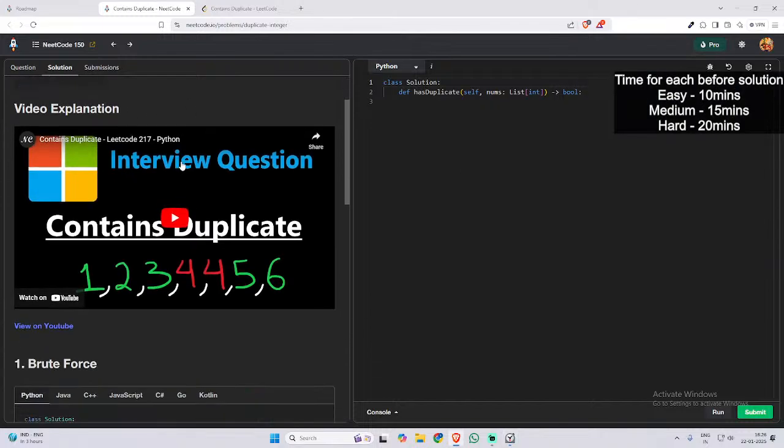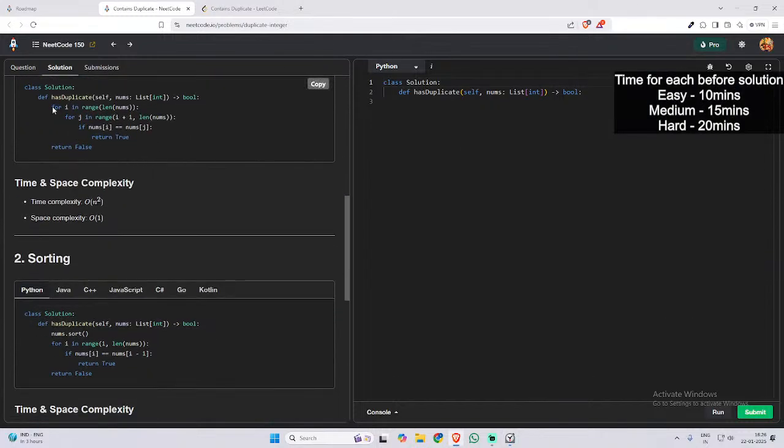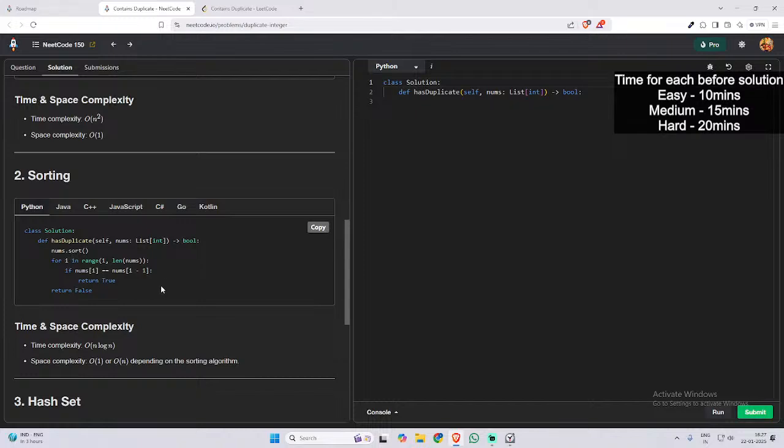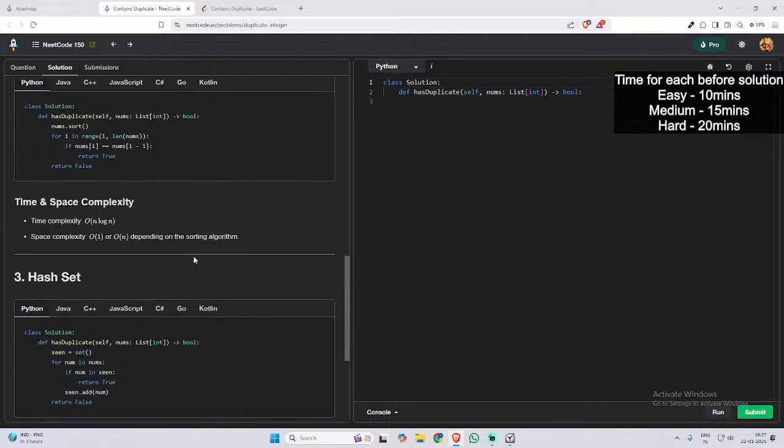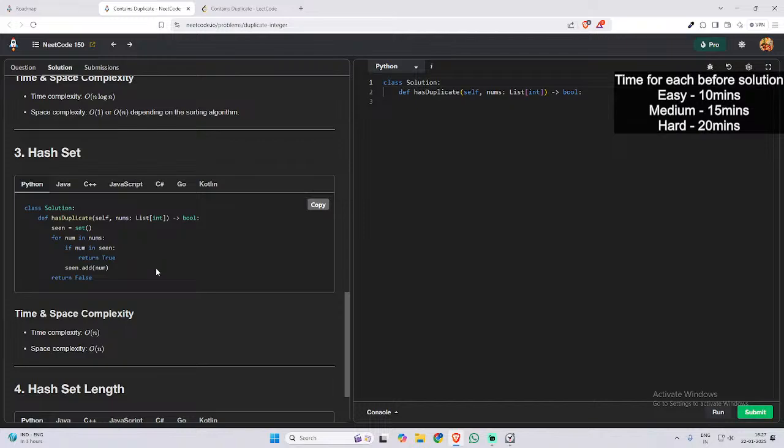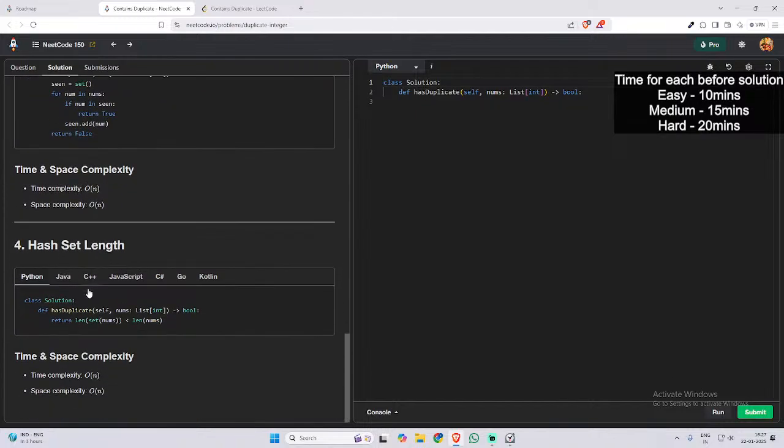And we'll see the different kinds of solutions. The brute force way is for i in range of. He starts in a two-pointer kind of way, where he takes each element and checks if it has reoccurred after it. That will take O of n squared. Sorting: you sort it and then see if the same element has appeared next to each other. That's O of n log n. Hash set is something similar to what we did. If it is in the seen set, we return true, else we return false. And then the length,